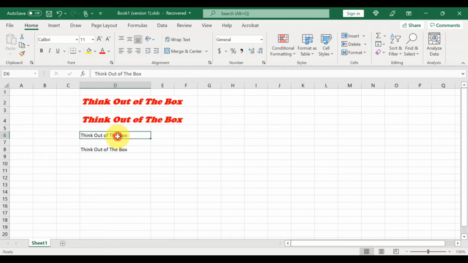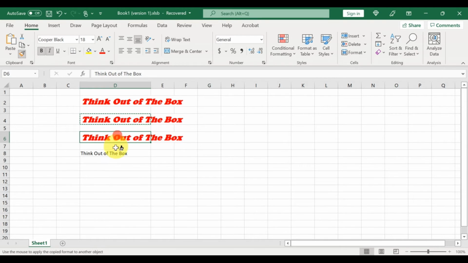So if we want to apply here, we have to go back to the same step. However, there is another way. So to do that, we have to select same like this cell, the formatting cell from where we want to copy. And if we double click the brush, it will lock the formatting and then we can apply it to multiple times. So like I'm gonna apply here,